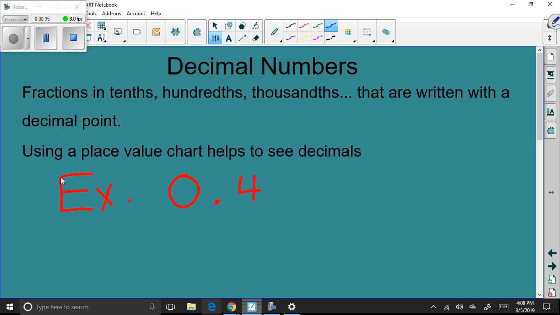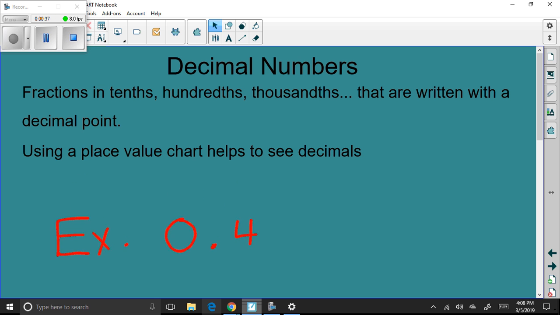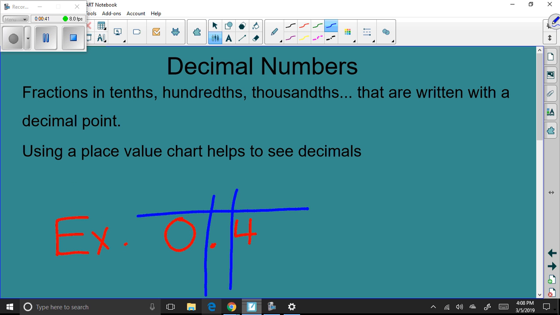And I know that because I can take this number here and I can put a place value chart around it. This would be my ones place. If I continue to the left, this would be tens. This would be hundreds. To the right of the ones place, where we started out at the beginning of the year, we have the decimal place. And then after the decimal place, we have